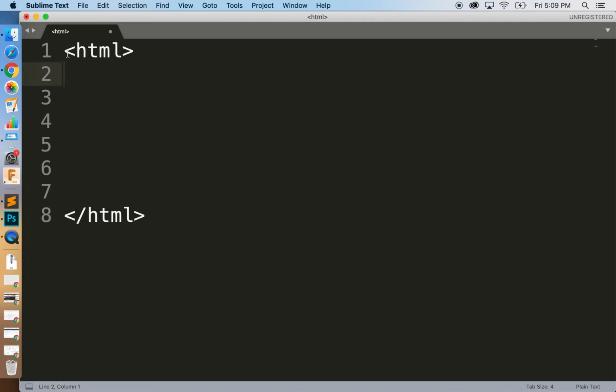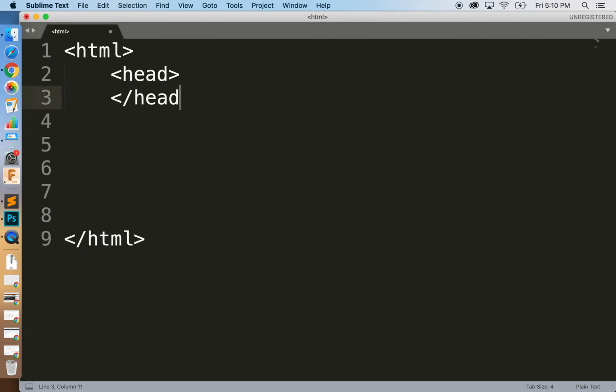So the first thing is that in order to make an HTML skeleton, we need to tell the computer we're working in HTML. And just like any other tag, we open the HTML tag, and when we're done, we close the HTML tag, which means everything we want to do should be between these two tags, with the exception of one thing that we will come back and take a look at. The next thing we want to do is build a head. The head tag